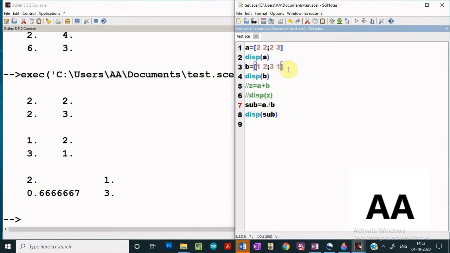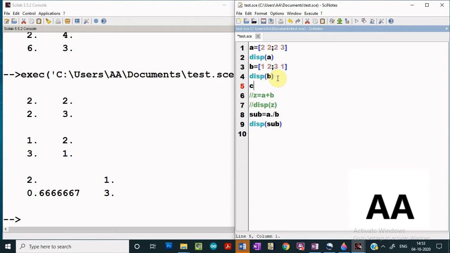Let me introduce another matrix, say matrix C, which has a different order. Say it is 1 2 3 and 2 1 0.